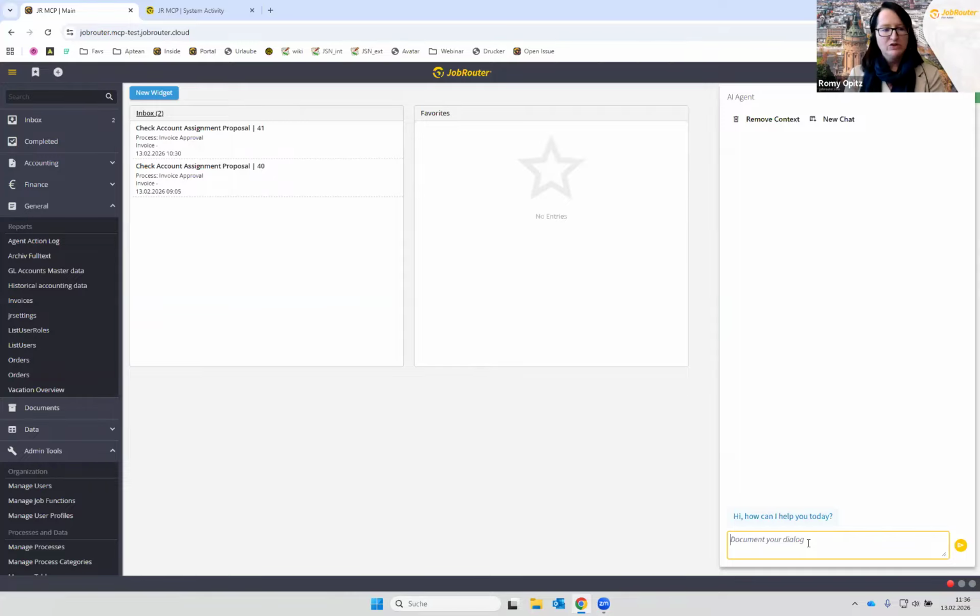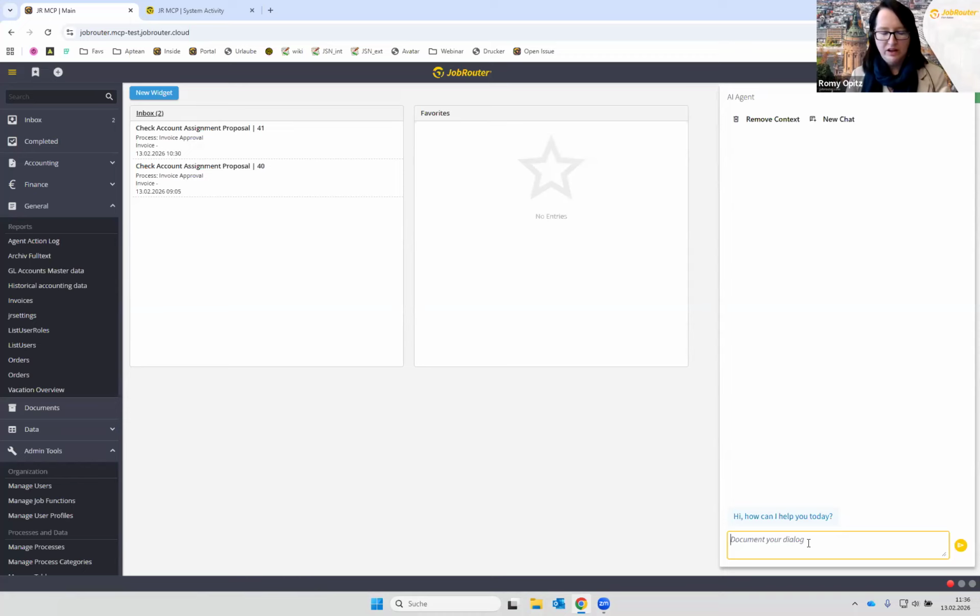Most importantly, the user agent has access to all the data you yourself have access to. So everything that I see in JobRouter, the reports, the documents, the workflows that I see, that's what the agent can also access. It cannot access anything that I don't see. It cannot access HR reports if I don't have access to them. That's most important to know.